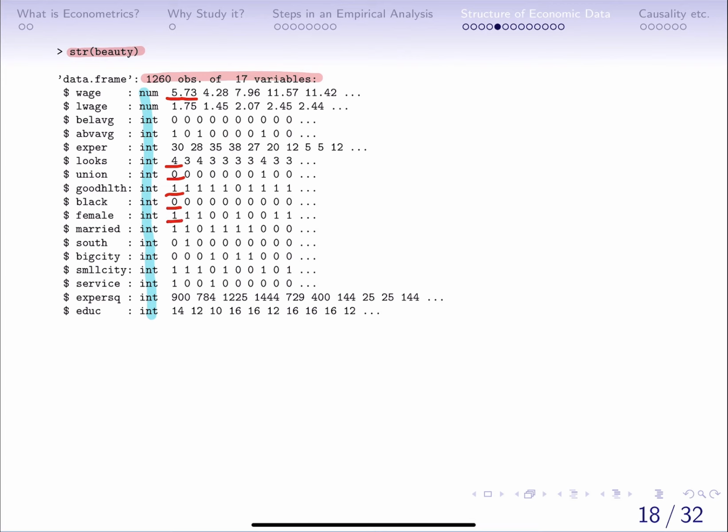This is a female. They are married. They live in a small city and probably work in the service sector and have 14 years of education, right? And these two variables, below average and above average, in this paper are constructed based on, so if looks